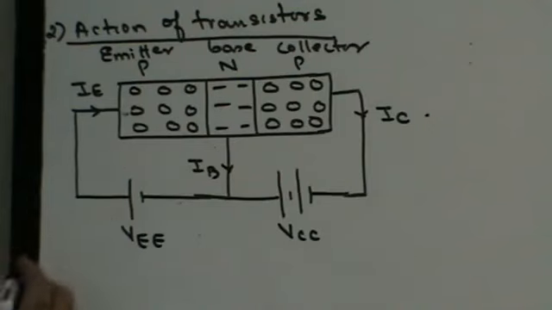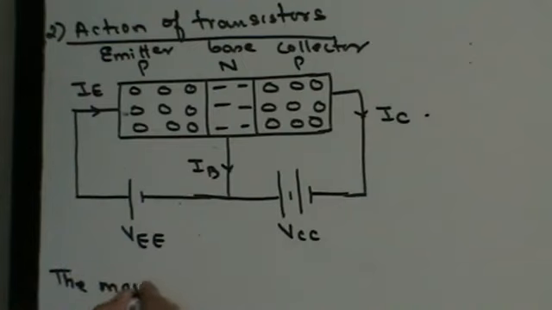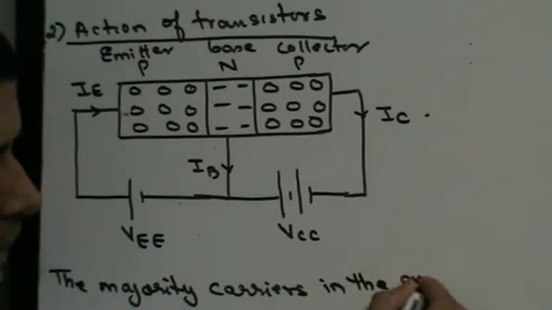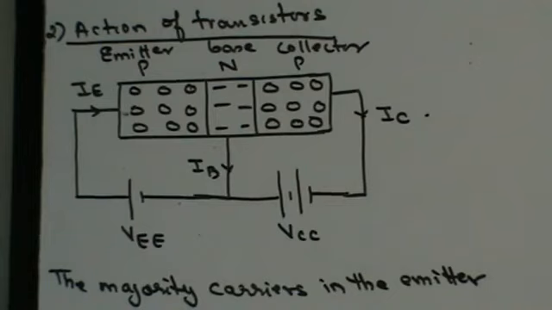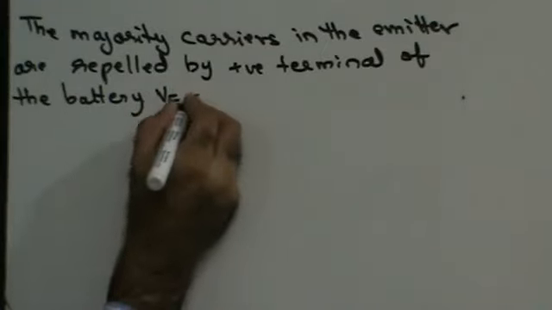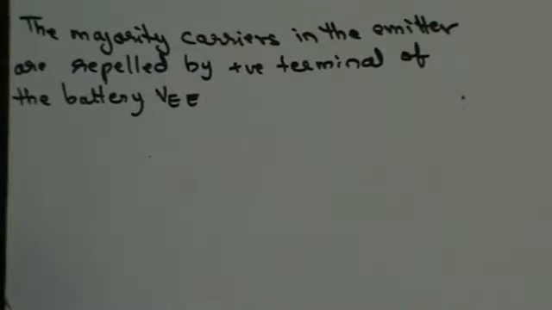Let's see this. I can say that the majority carriers in the emitter are repelled by the positive terminal of the battery VEE, right? Due to the forward bias of the emitter base diode,